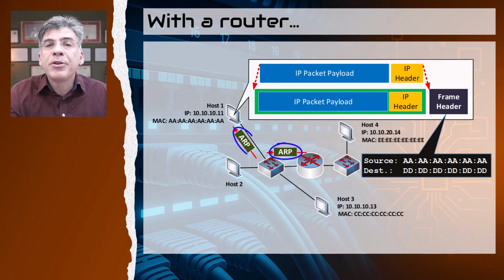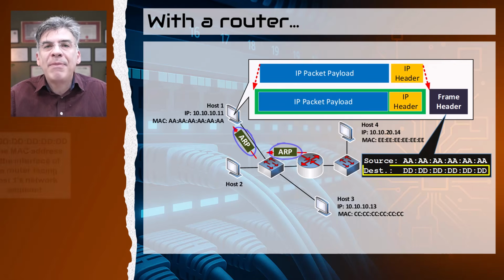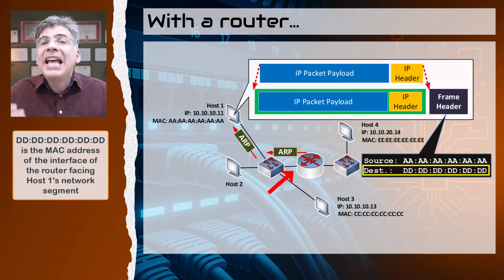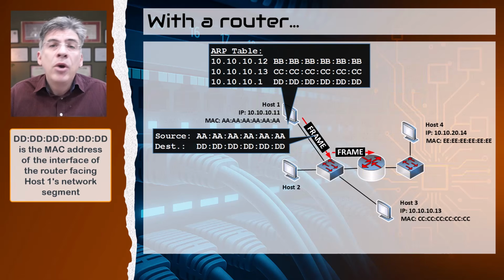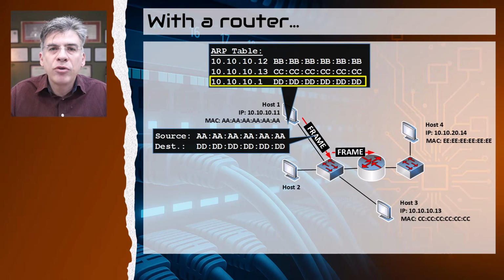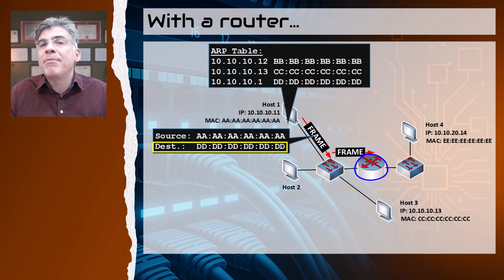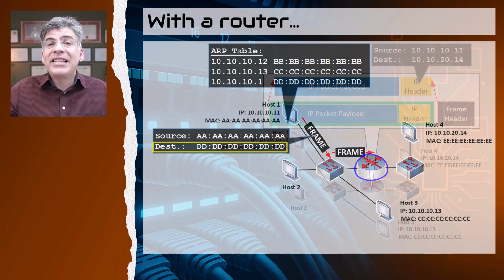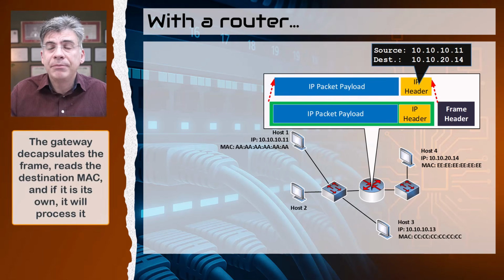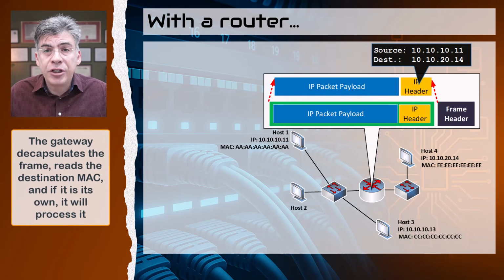Once we get the ARP response, we populate the destination MAC address of the frame header and send the frame along its way. We also populate the ARP cache of host 1 with the corresponding IP and MAC address pair for the default gateway. The destination MAC in the frame header is now the MAC address of the default gateway or the next hop. So once the default gateway receives the frame, it decapsulates it up to layer 2, checks